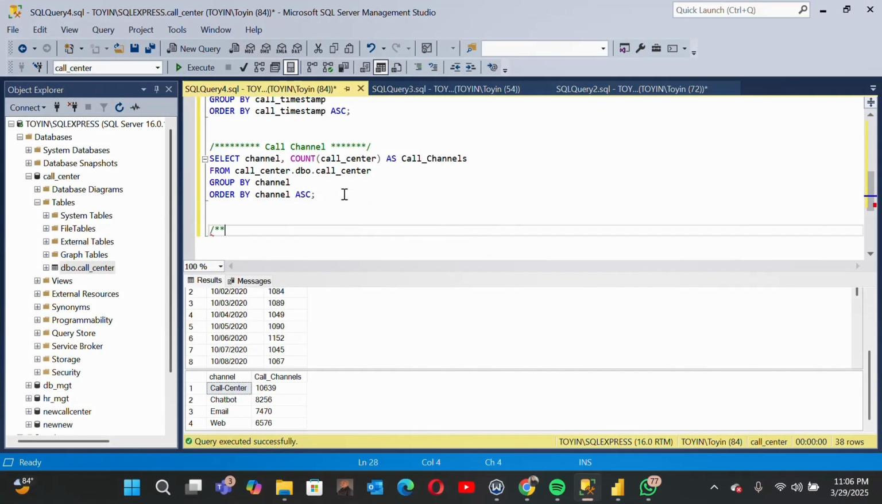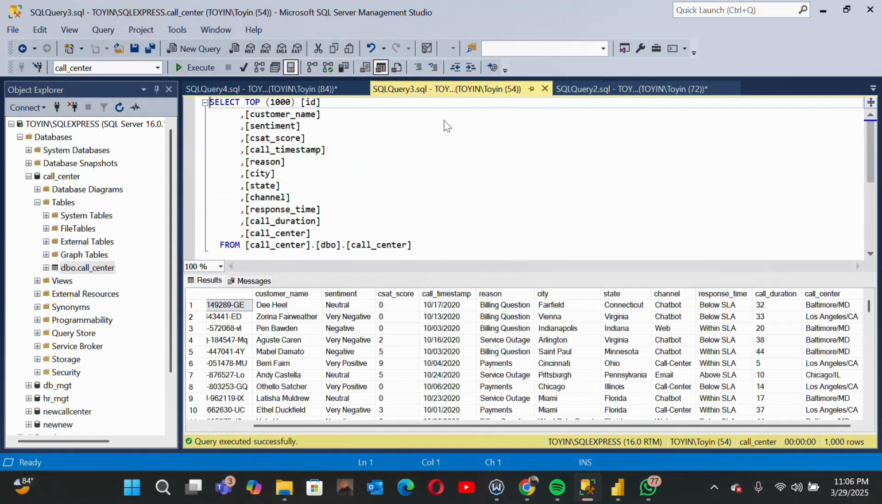Now the next thing is, let's give it the description. This time we want to do state, location. Let's just call this location. So we want to know how many call centers we have in each location. And if you go back to our data,